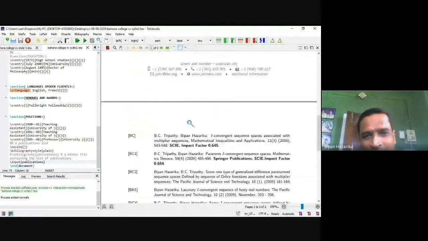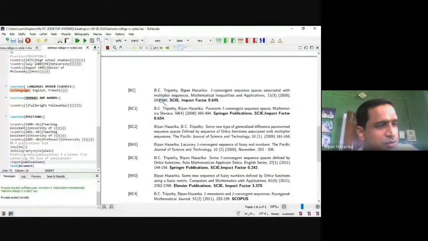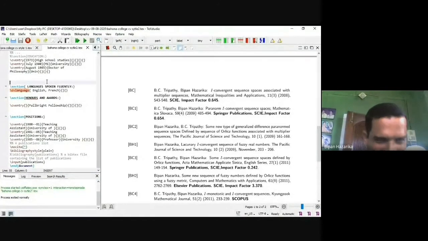But here, if you want to add one section, you add one section. But in a Word file, if you add a section here and if you give a name, say the number of the sections, every time you have to change the numbers. But in LaTeX there is no need to change your numbers, just you put a section, it is automatically added in the text file, and if you run it, the PDF is shown.